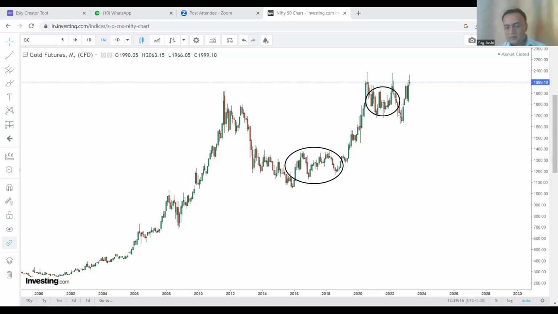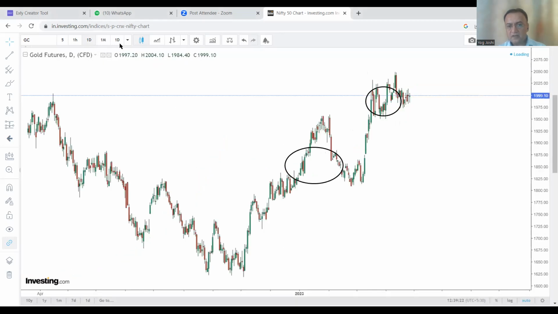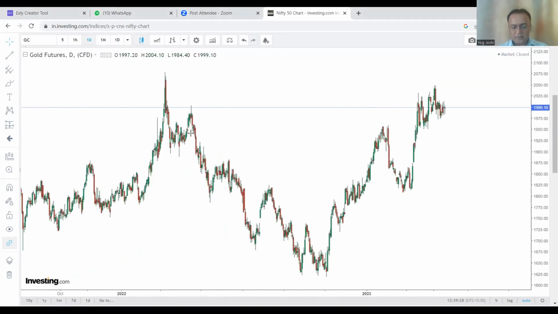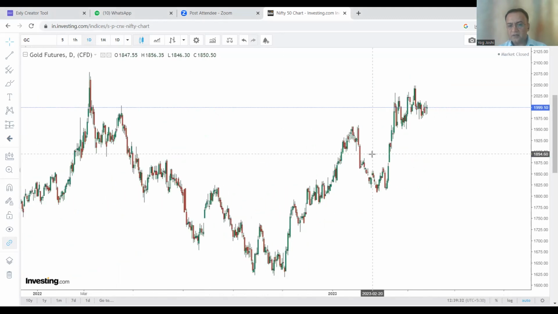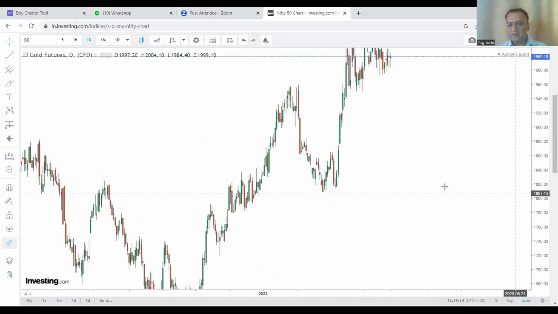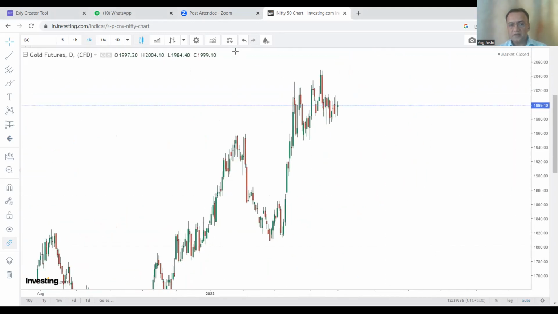Almost from so many months. Right. Now we are thinking about all these things in the daily charts. Now it's on a very slightly shorter time frame as compared to the monthly time frame. So these are the gold daily charts. Currently gold is in sideways. As per the daily chart, currently gold is in sideways.